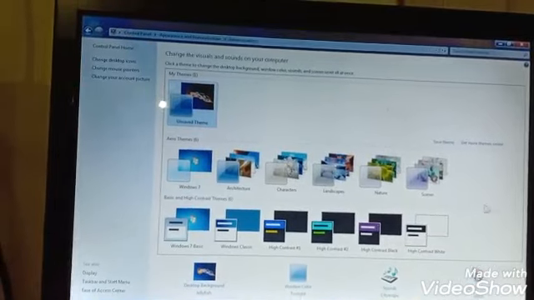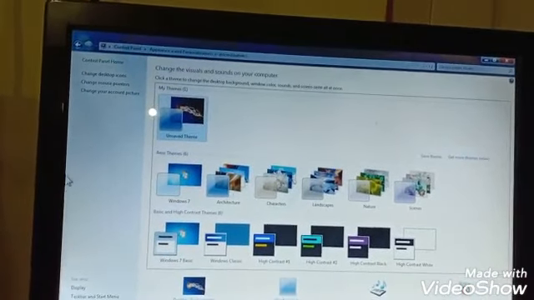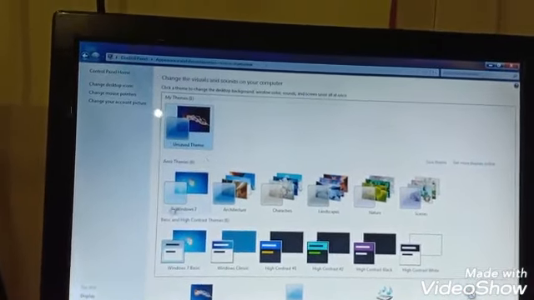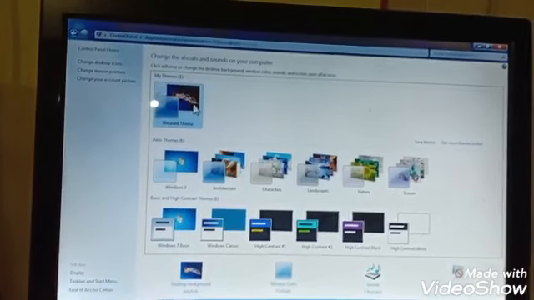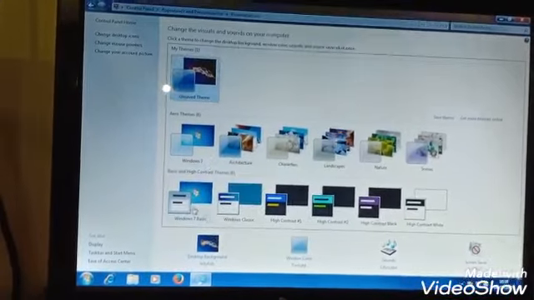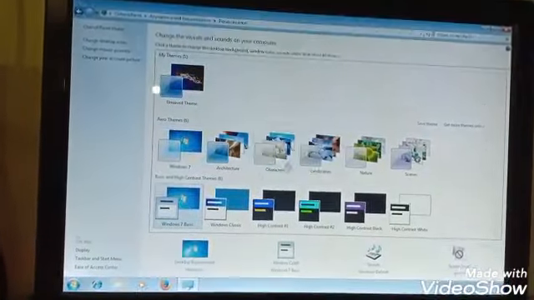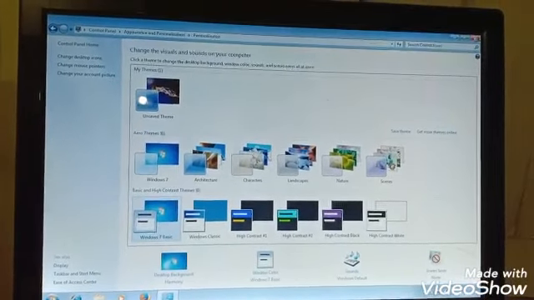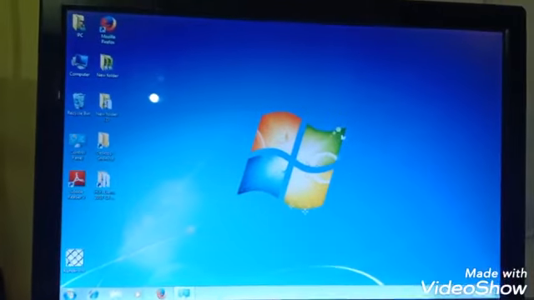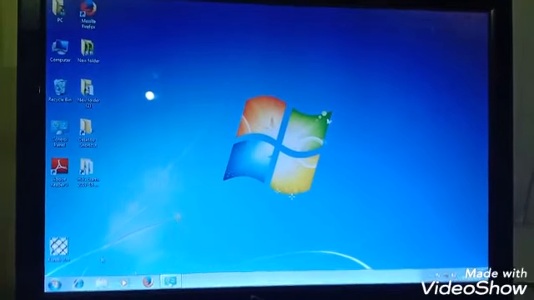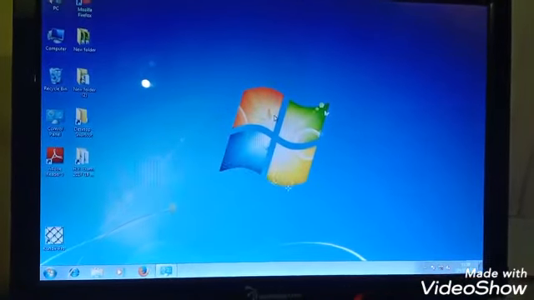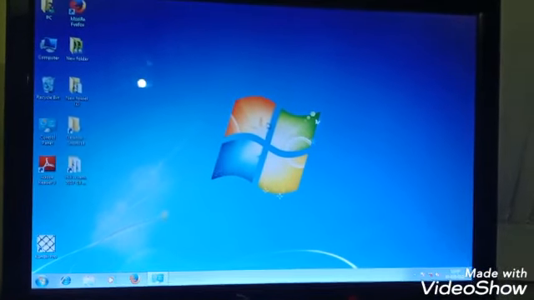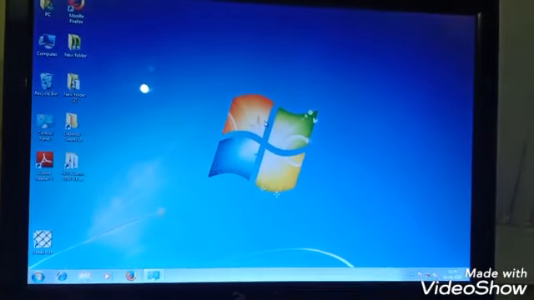Now we have to select the theme and double click on it to apply. As we have selected this theme, I have double clicked. Now you can see the theme is changed. The theme has appeared on the desktop. We have changed the theme. So this is how you can change the themes of a computer.